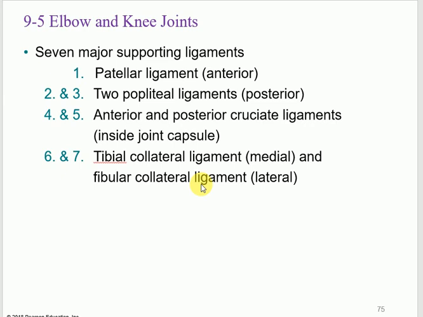For the knee joint, there are many things that we need to know. There are several ligaments involved, and these ligaments are anterior ligament, posterior ligament. This is the first thing. Anterior ligament is basically this muscle here. We will do the muscles next time, but this muscle here is called quadriceps.